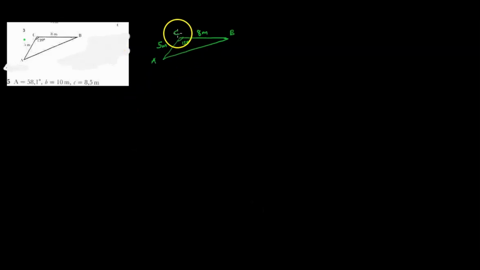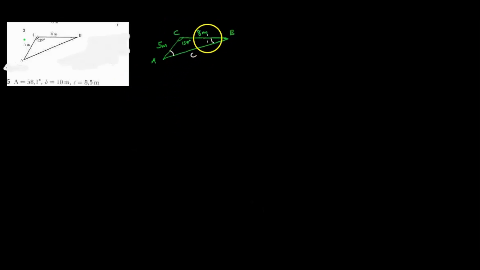As we all know, if this angle is C, it means this length is actually a small letter c. Then we want to find this angle, and that angle too. To find c, we look at what we have been given: an internal angle of 139 degrees, 5 meters for AC, and 8 meters for CB. Since we have two sides and an internal angle, we have to use the cosine rule.